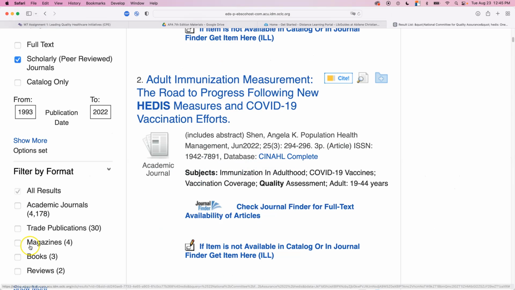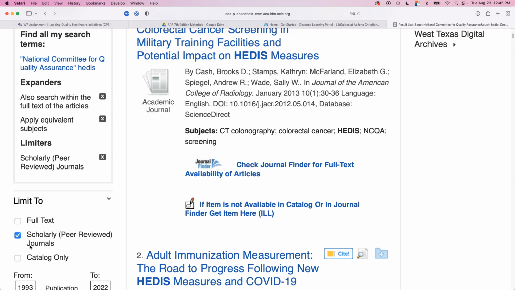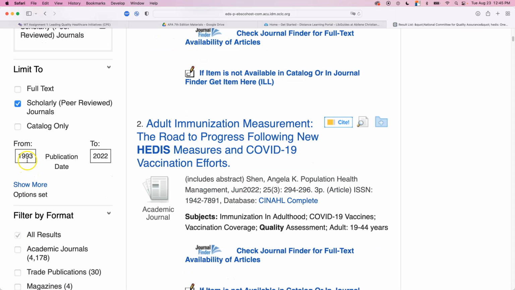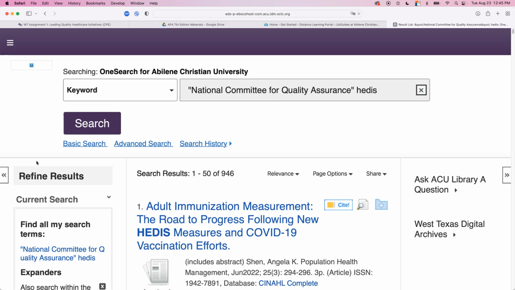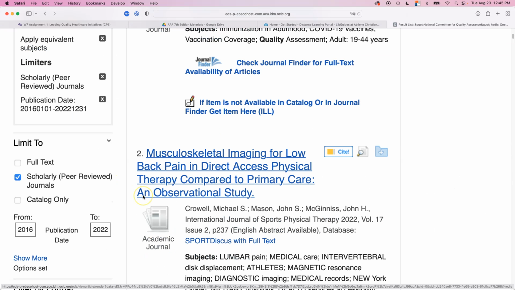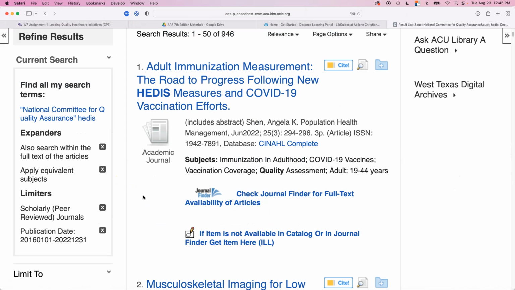And you see that that actually doesn't change our results terribly much. We have here going from 2016, and we put that in, and we still have almost 1,000 results. So while yes, that is less than a quarter of where we started with, that is far more than you need for this paper. So feel free to look for something that's even more specific, like the particular institutional model or the specialty area,